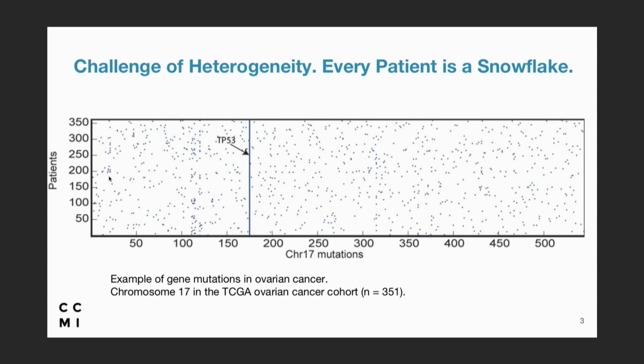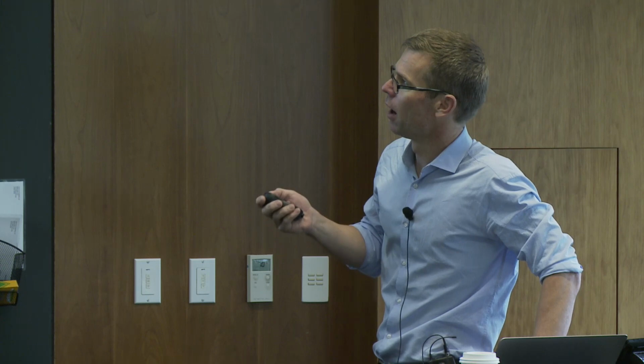So you might be wondering, did Trey draw a line here at gene 170 or so on chromosome 17? No, it looks that way, but it turns out that gene is p53, which is the most recurrently mutated infamous cancer gene, probably for all of cancer, certainly for ovarian tumors, and that's what we're looking at here. So that's clearly a pattern.